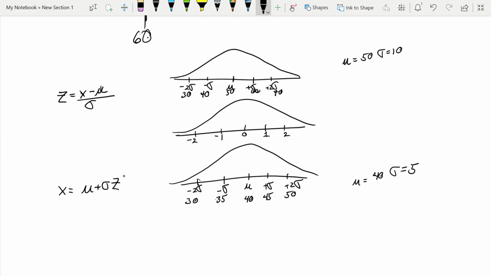This says how far a value x is from the mean, measured in standard deviations. I have a new ruler for every normal distribution, and the ruler is the standard deviation. So it's marked in standard deviations. So if I had 55 in this one,